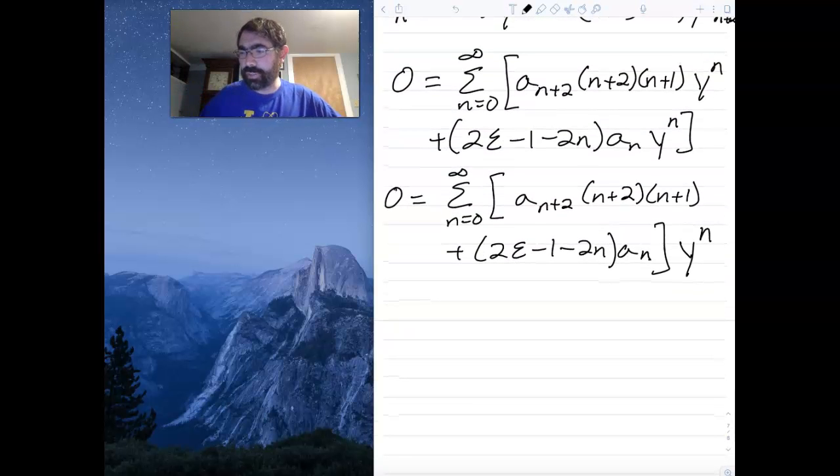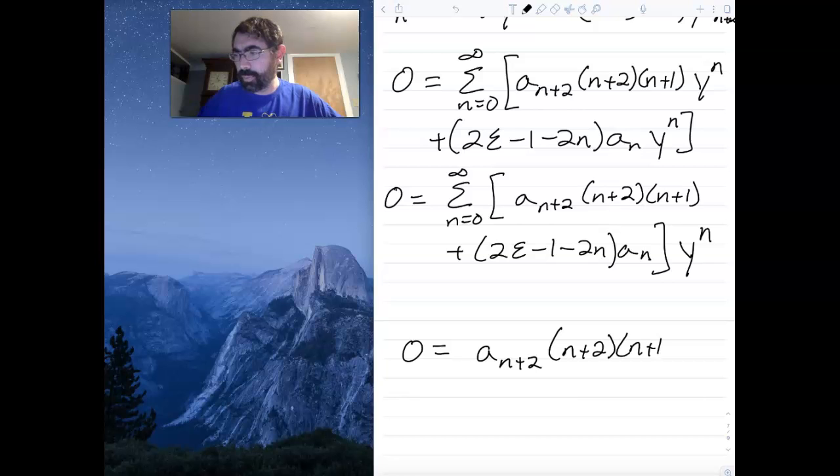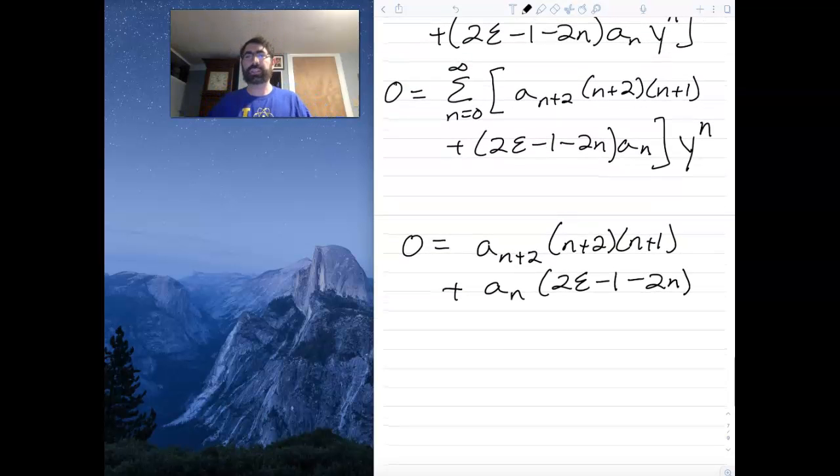So I can rewrite this now as 0 is equal to a n plus 2, n plus 2, n plus 1, plus a to the n, 2 epsilon minus 1 minus 2n. And so now if I equate these, I have a solution for a